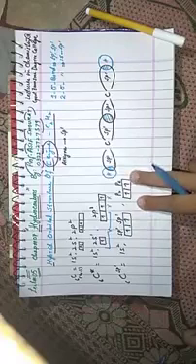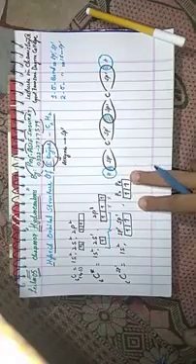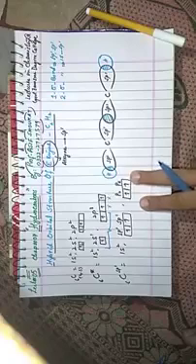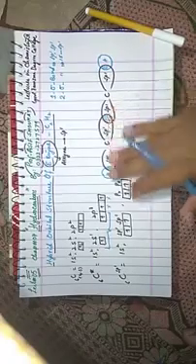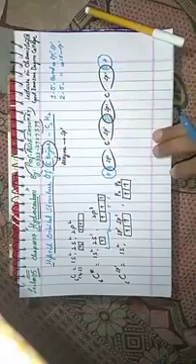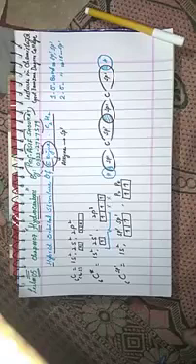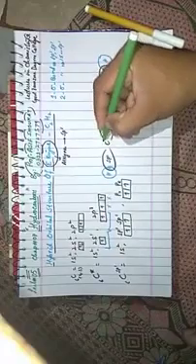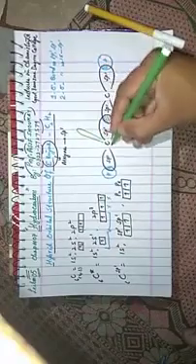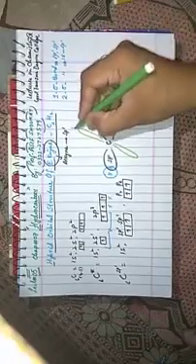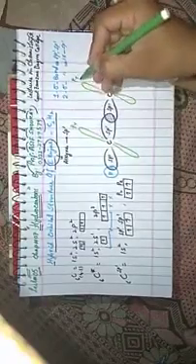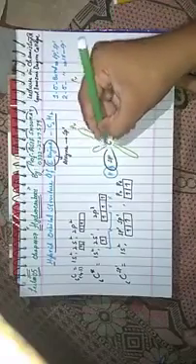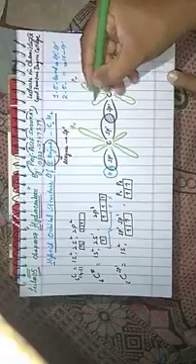What about these two, py and pz? Py and pz would be perpendicular to each other, also perpendicular to the plane made by these hybrid orbitals. For my convenience, I am going to draw these py and pz in this manner. Let's say this one is py, this one is also py, and this one is pz, this one is also pz.